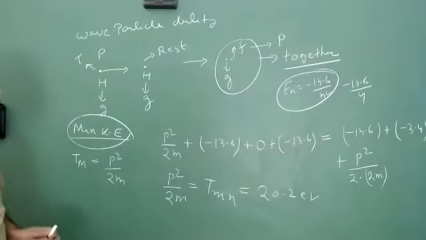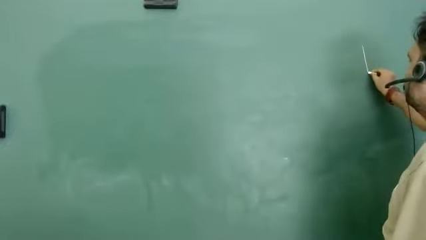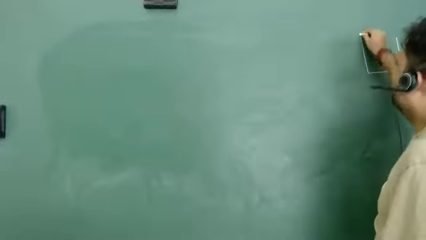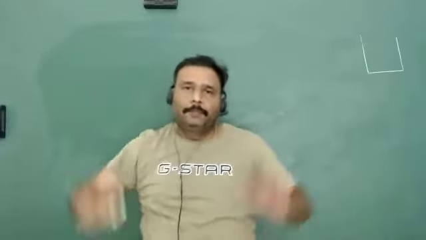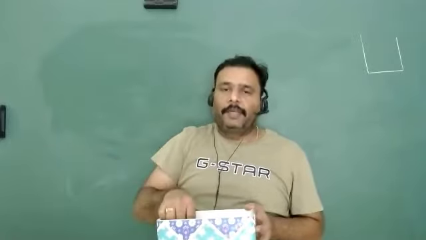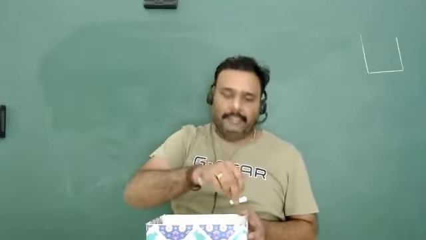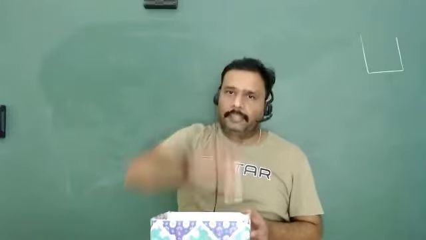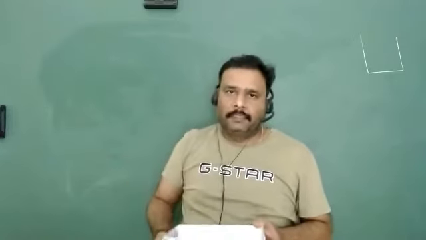Okay. Let's come to the next problem. This problem is very interesting. So I will start from here. There is a one-dimensional box. First, I will tell you the meaning of a one-dimensional box. Suppose this is a room, and suppose this is a box. This is a three-dimensional box. You can put a particle inside this box. The particle can move along the x-axis, y-axis, and z-axis. So this is a three-dimensional box.